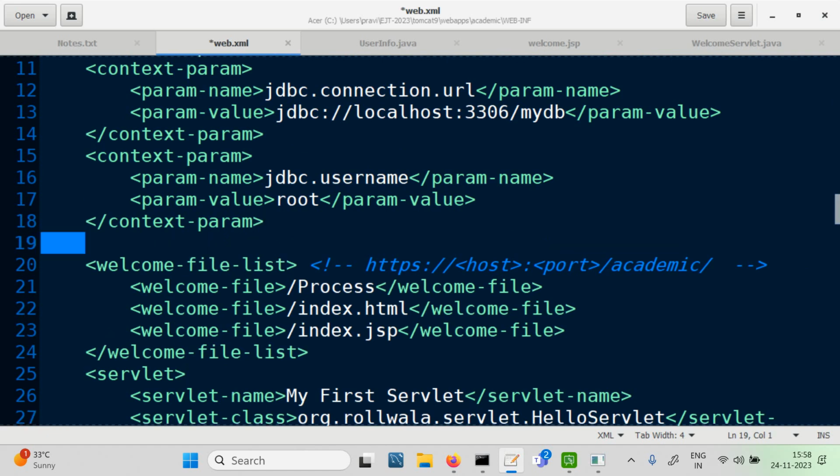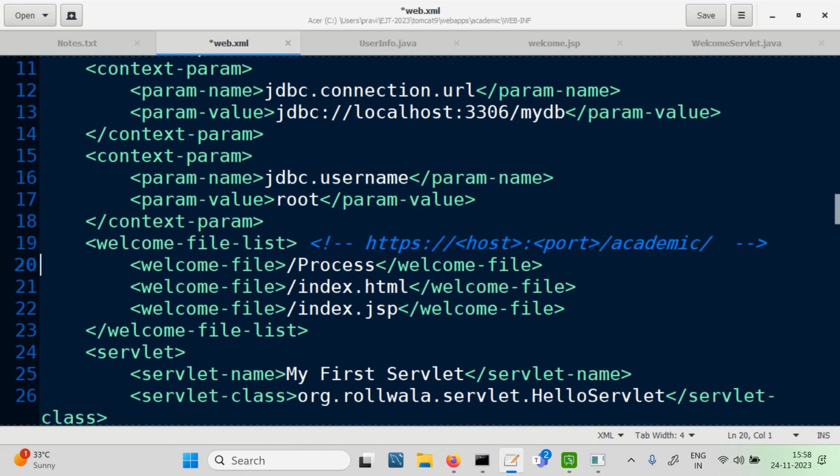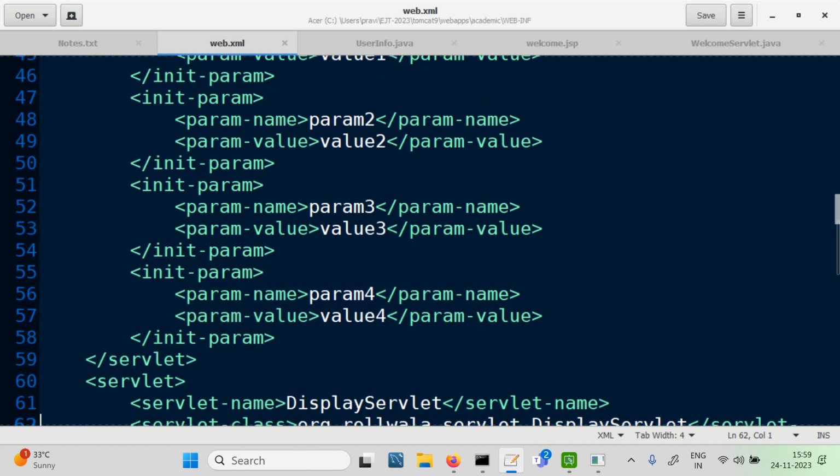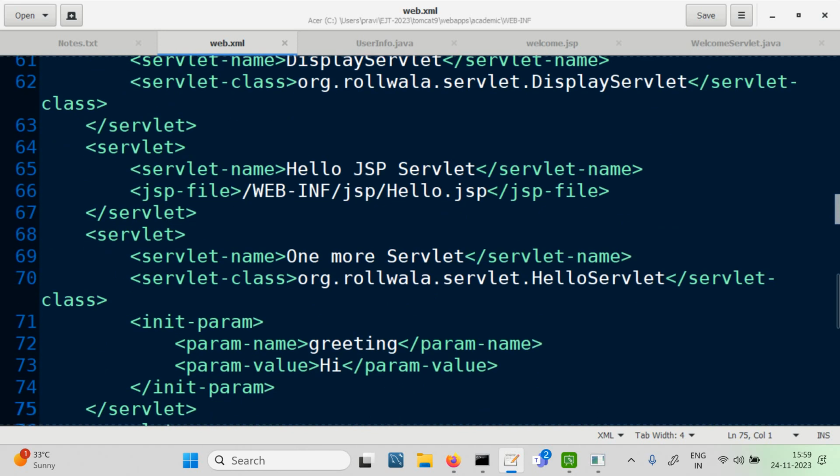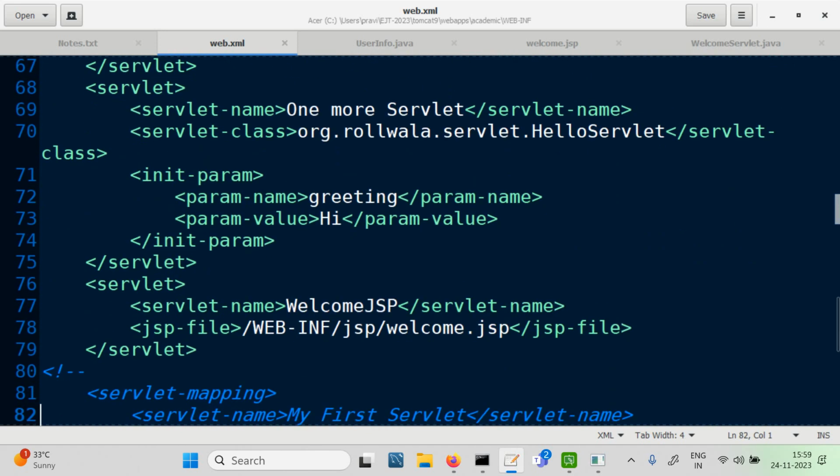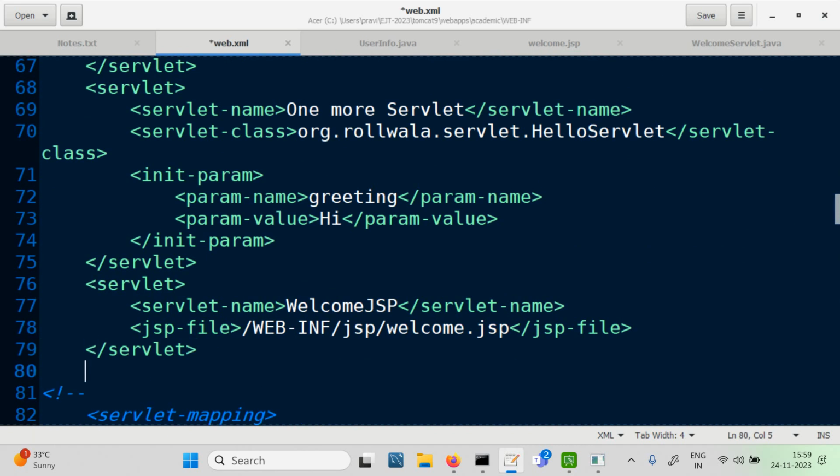Yesterday we did that, right? We have a welcome file list, but I'm not going to keep /process. I'm interested in /welcome. Maybe I'll call it welcome servlet. So we will have to make an entry for our servlet and a URL mapping for that. So we have our servlets. We have a servlet for the JSP. We now have a servlet for the